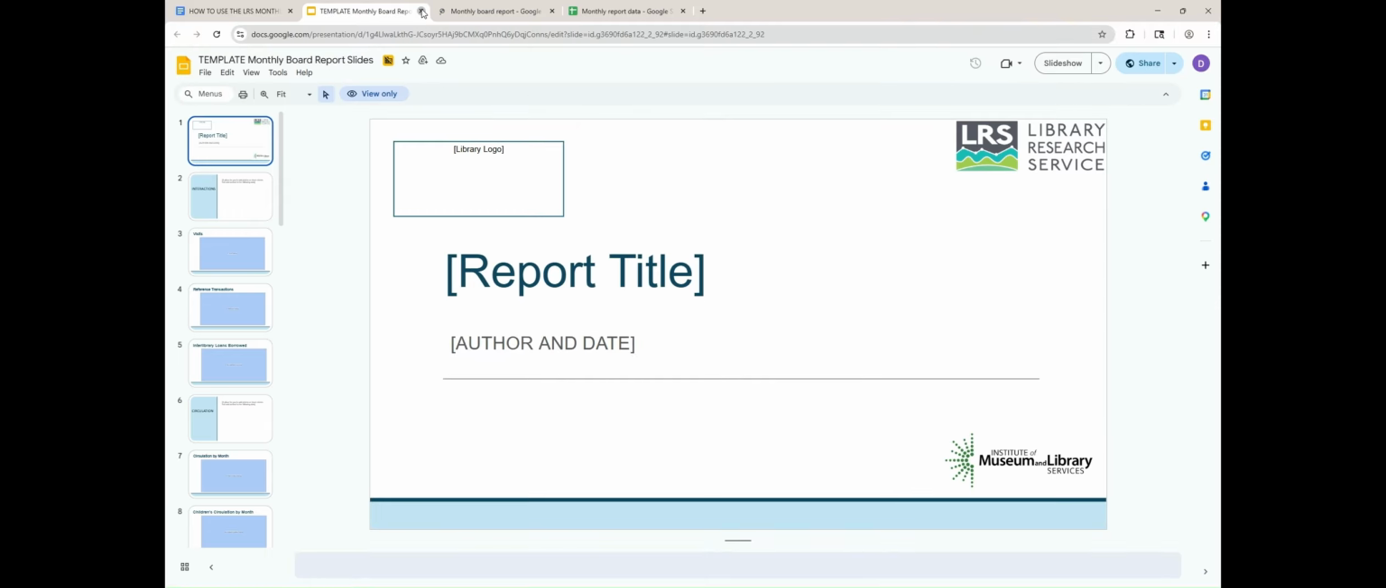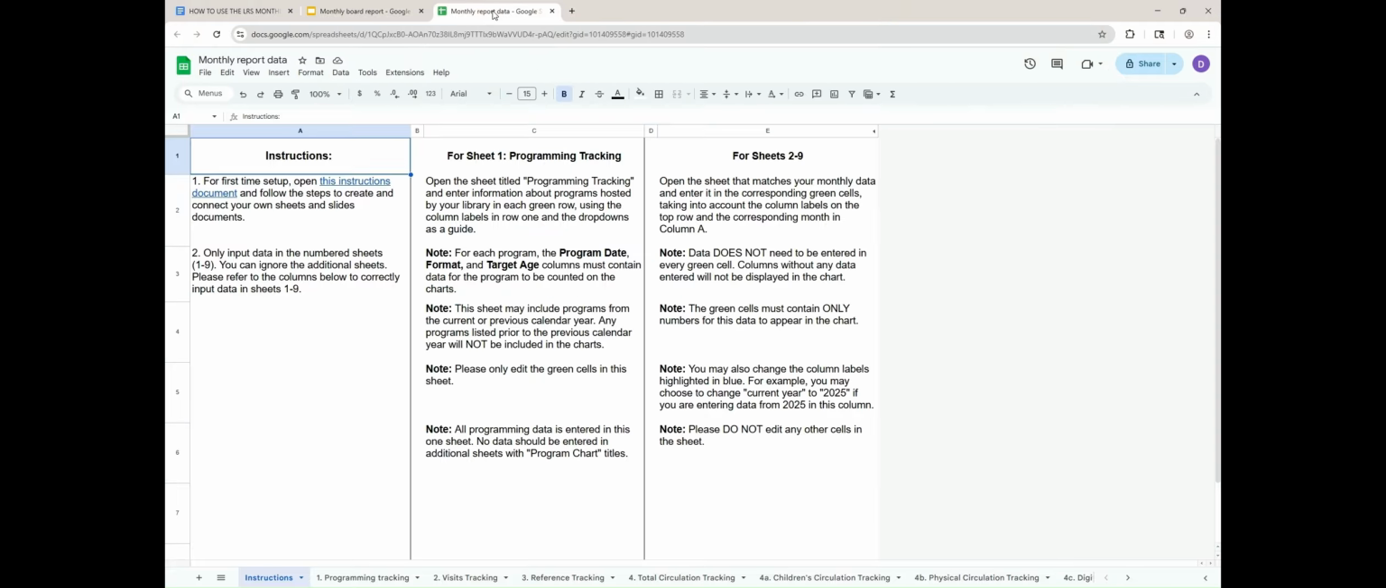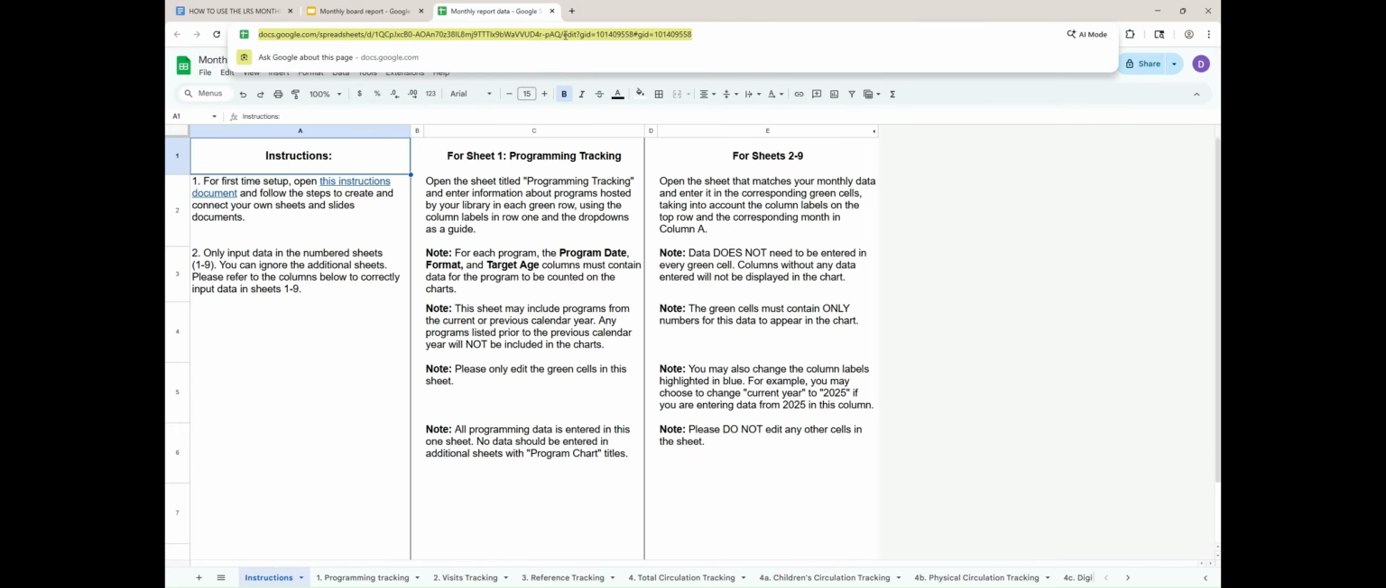Takes a minute for that to load. It's a big file. We can now close that parent template, and we have our two files. The key to making this work is to connect the two together. And the way to do that is to grab the URL or the link of the Google Sheet that will